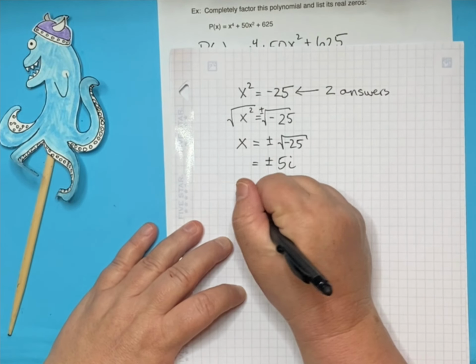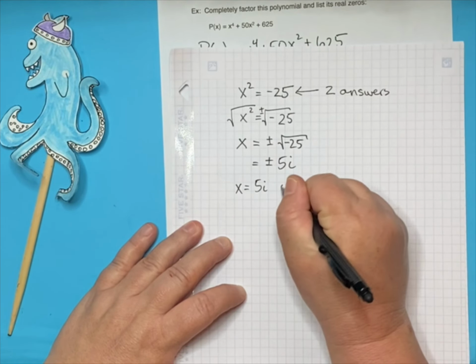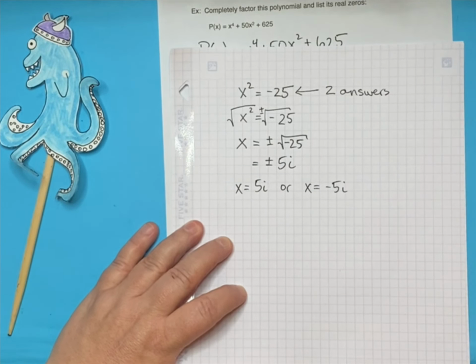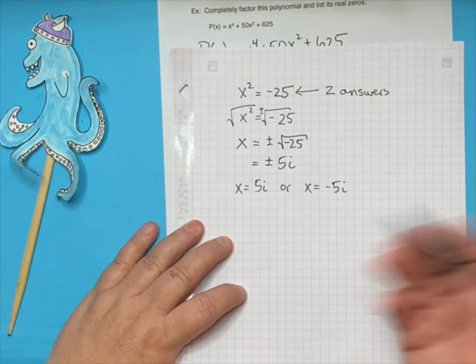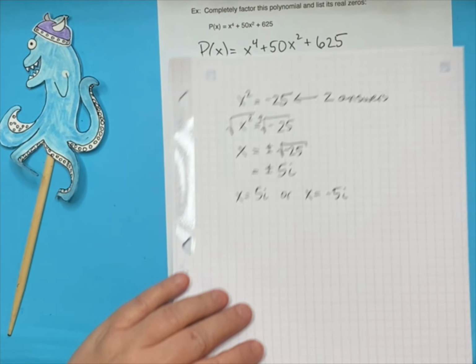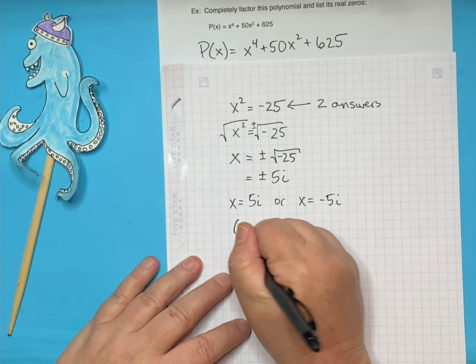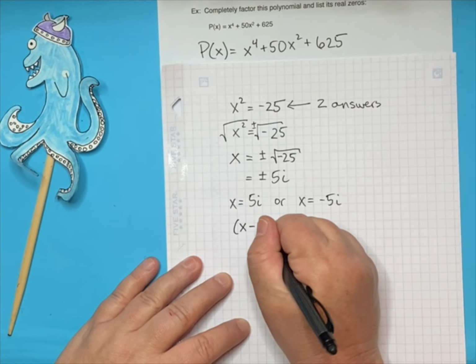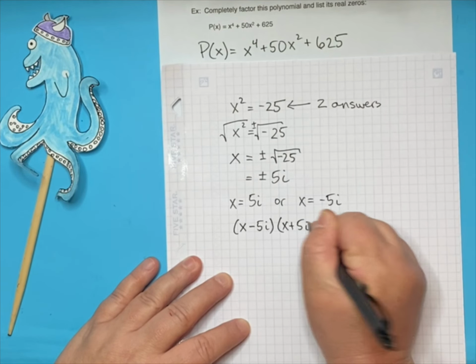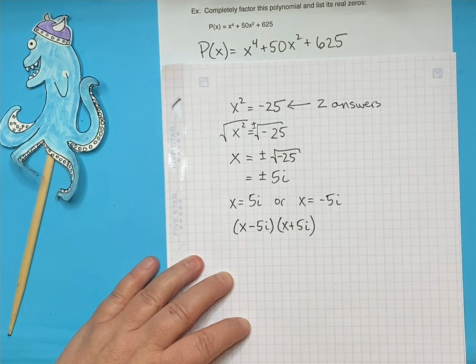So in other words, x equals 5i or x equals negative 5i. And again, at this point, you should be saying, wait a minute, this is only 2 answers, and we said 4 zeros. So let's take a look. I can put these together. X minus 5i, x plus 5i. Now, if I multiply those two together,